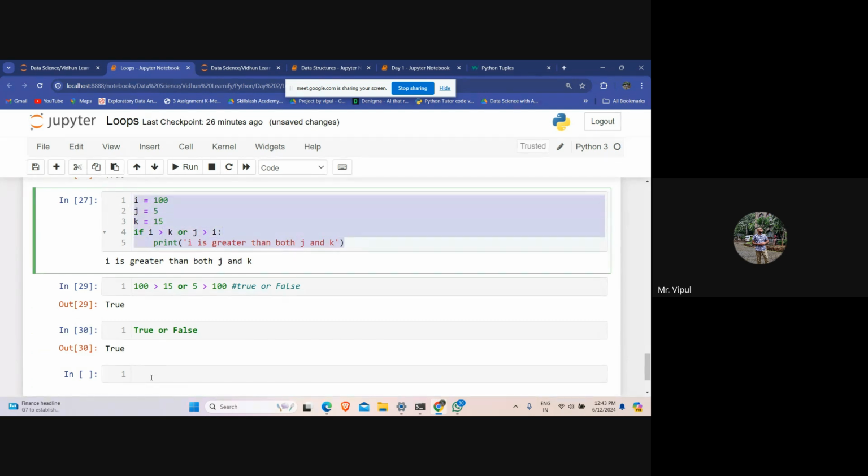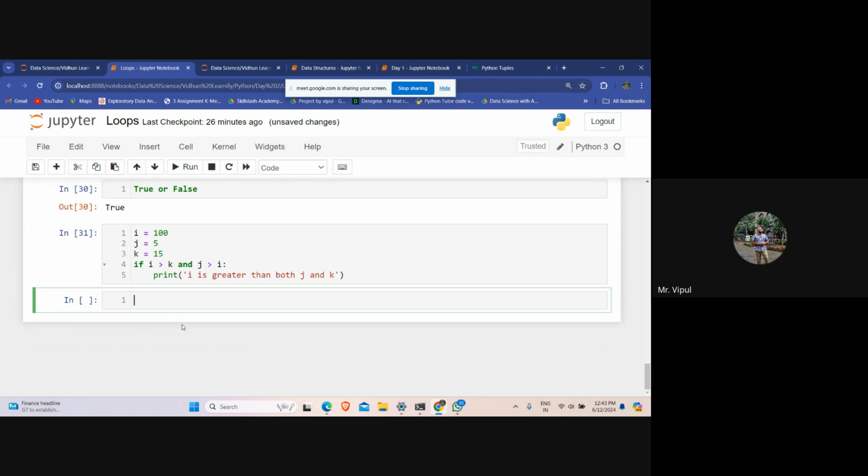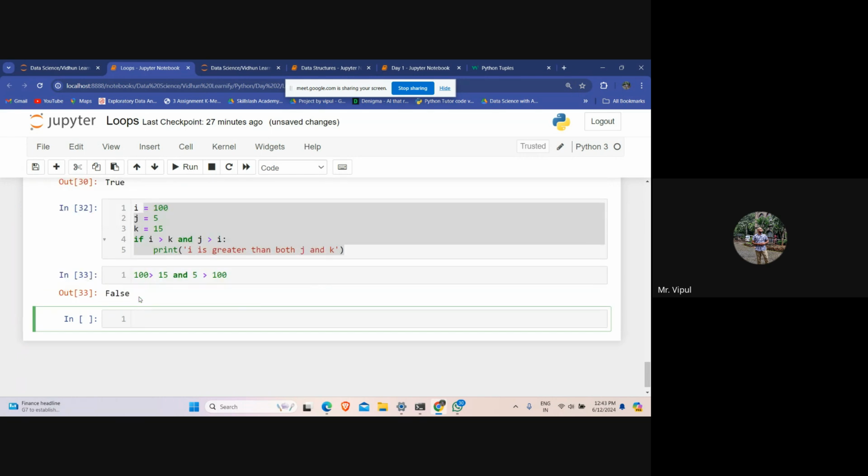Now let us try to use and over there instead of or. So i is equal to 100, j is equal to 5, k is equal to 15. i is greater than k and j is greater than i. What you should do? You should run this. So ये run करने के बाद में भी output नहीं मिल रहा है. क्या हो रहा है? 100 greater than k 15 and 5 greater than 100. इसका output क्या है?